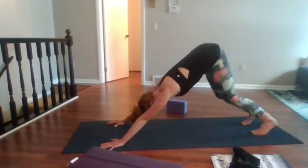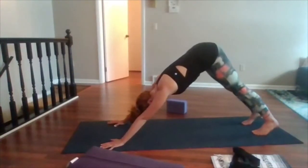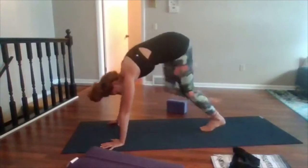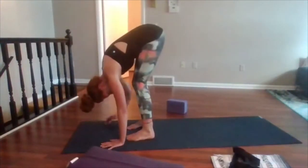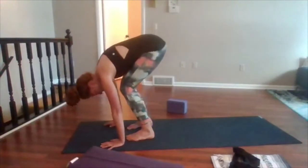Find that spot that's just right for you, your alignment. Maybe you're down dog in a chair, wall. Look forward, walk your hands and feet in to meet about the center of your yoga mat. Hold over the legs. And then make your way